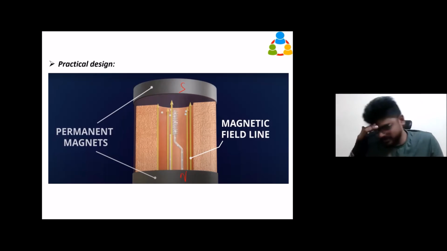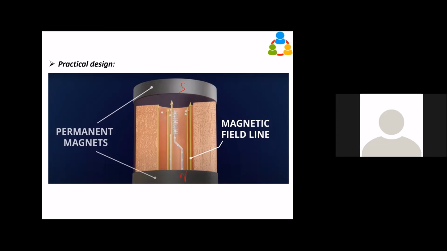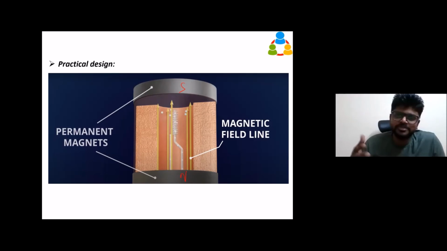You would have read this. Anybody is from 10th standard? No, sir. Nobody is from 10th. Okay. So this is called motor principle. A DC motor, how it works. When you keep the current carrying conductor inside the magnetic field, the force acts on the conductor and it starts to rotate. The reversal of dynamo. The mechanical work is converted into electricity in a generator or dynamo, and the electricity is converted to mechanical work in a motor. How are we ensuring that? When the current carrying conductor is kept between the magnetic field, some force will act on the conductor. So that is the DC motor principle.